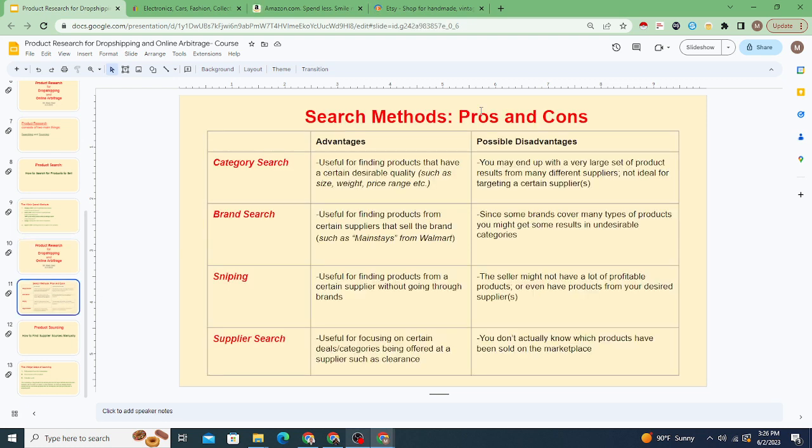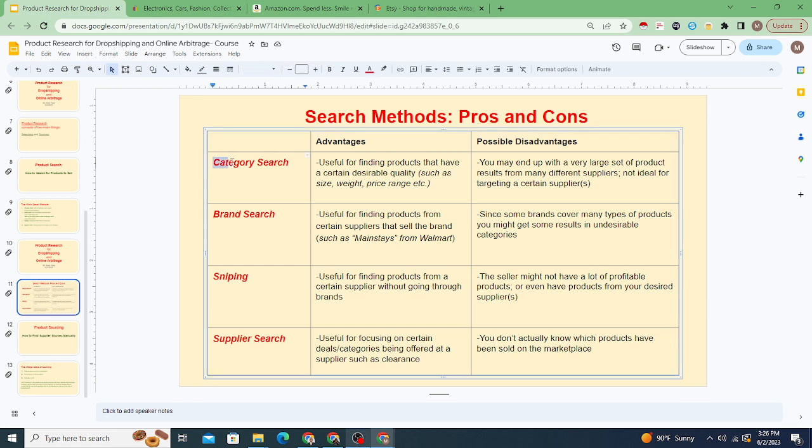In this particular video, I am going to be looking at search methods, pros and cons, but only one search method for this video, which is a category search. Now, a category search, as I explained in another video, is just a general search in a product category. This is useful for finding products that have a certain kind of quality, such as size, weight, or maybe even price range,